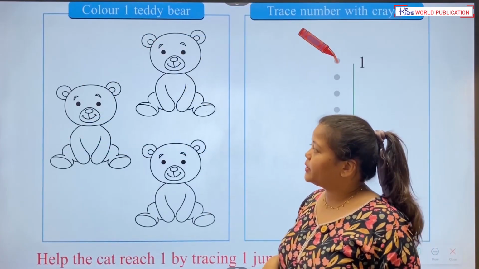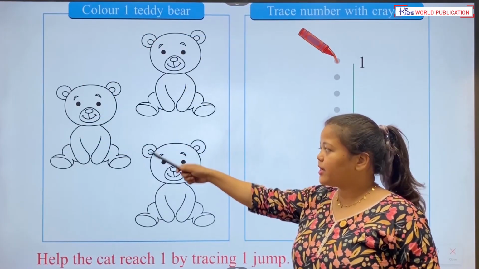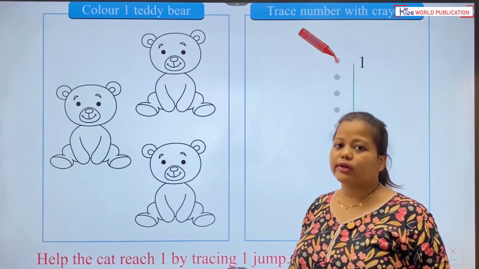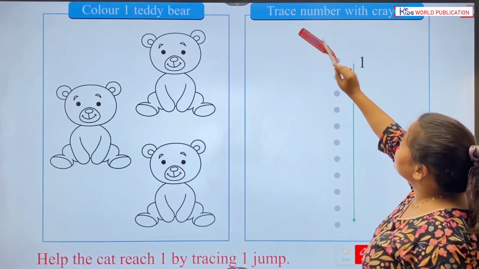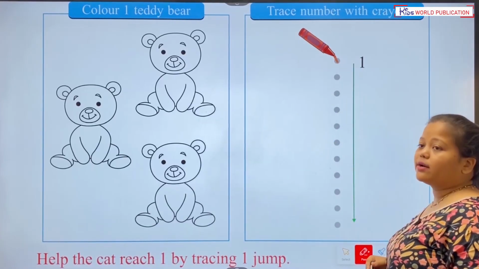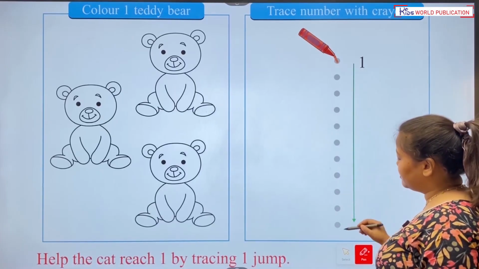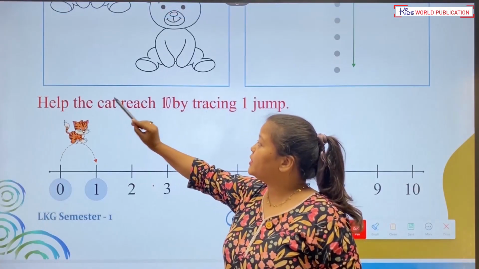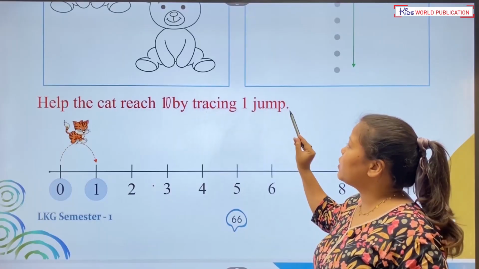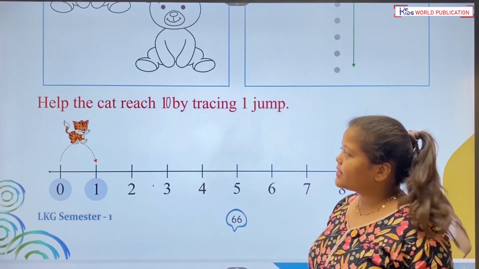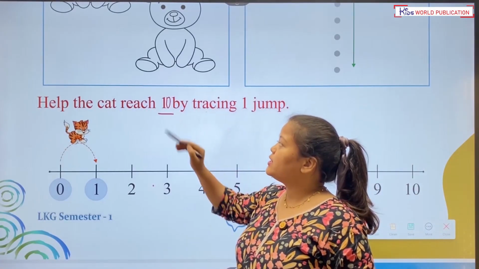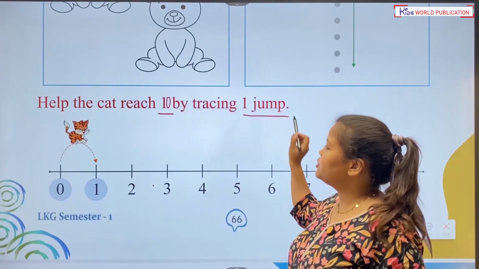Color 1 teddy bear. Here you can see 3 teddy bears, so you will color only 1. Trace number with crayon. So kids, with the help of crayon, you will trace the number here. Help the cat reach 10 by tracing 1 jump. So kids, let's help the cat reach number 10 by tracing 1 jump.